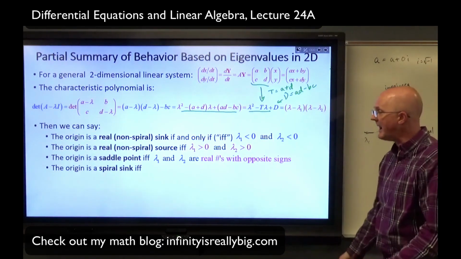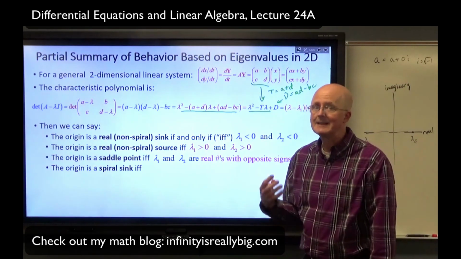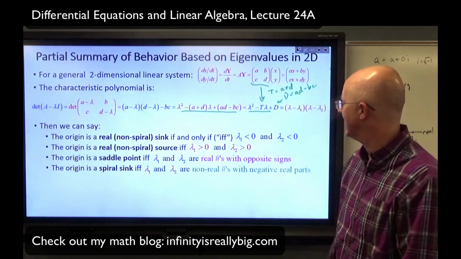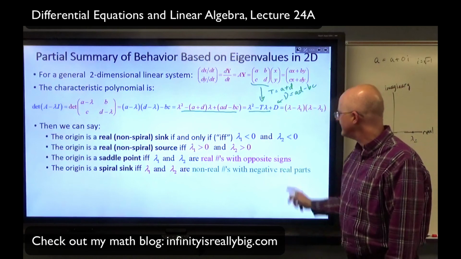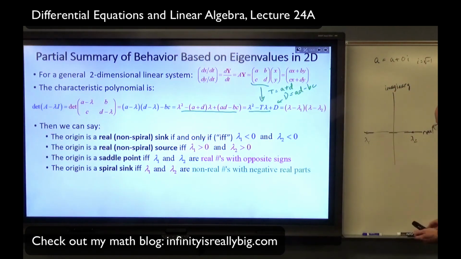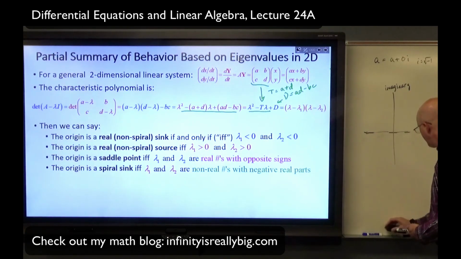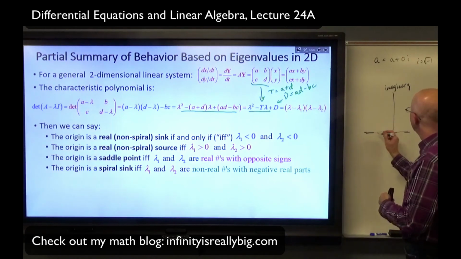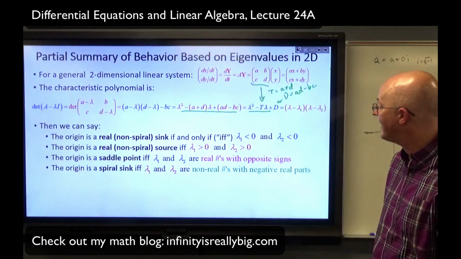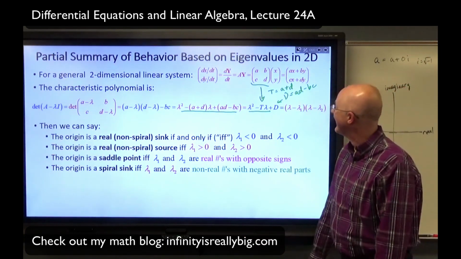The origin is a spiral sink. I talked about this in 23a. If and only if we get complex, I should have emphasized in 23a, non-real eigenvalues with negative real parts. Real numbers are complex numbers, so I shouldn't just say complex, I should say non-real. And we have seen, I mentioned this before, when you have complex eigenvalues, non-real I should say, again, for a